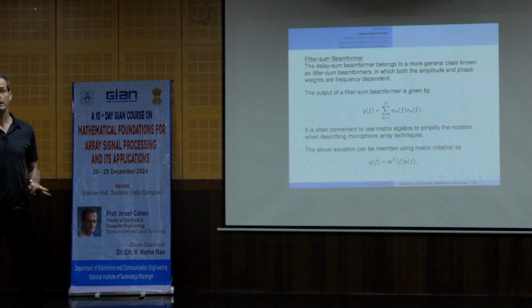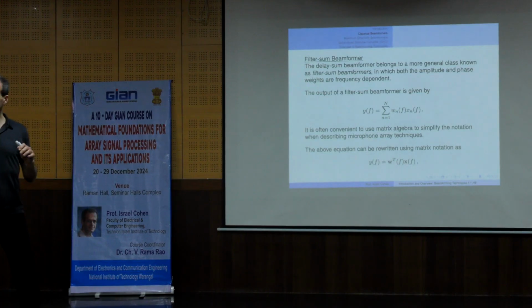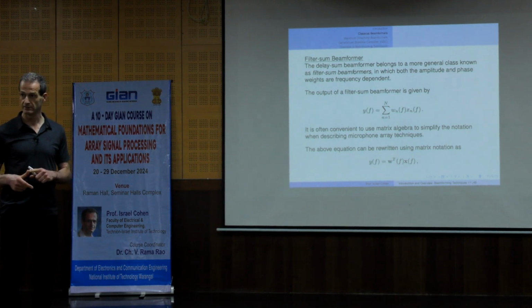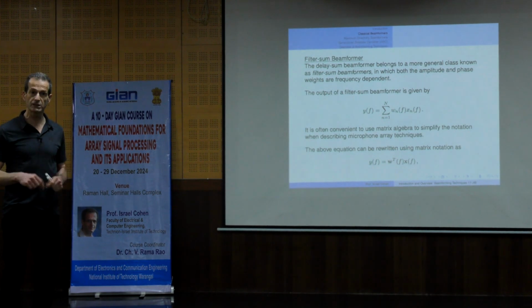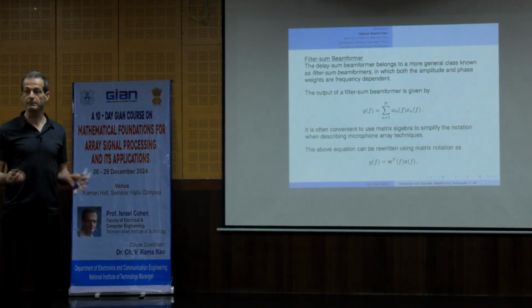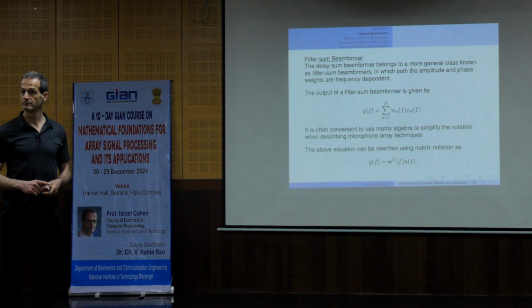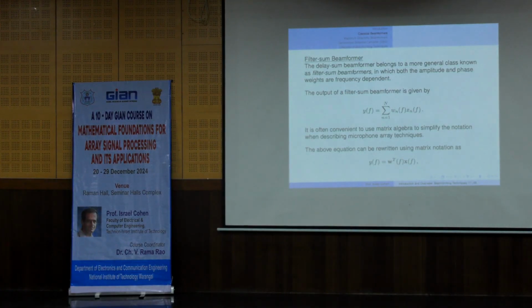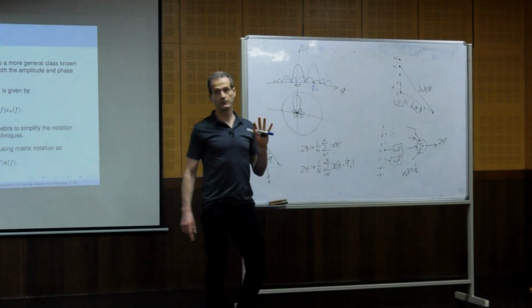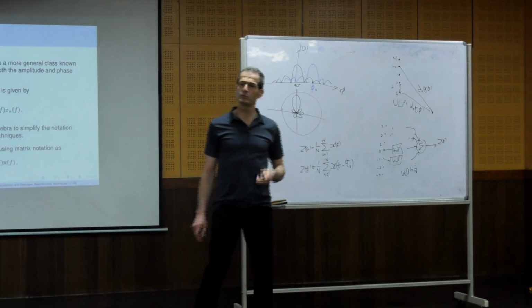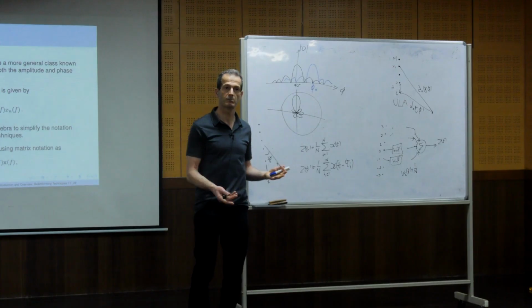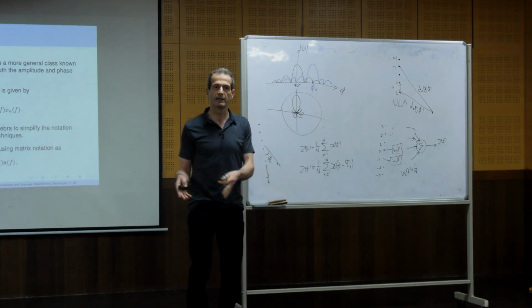Can we achieve any beam pattern? Okay, so suppose that we have a certain number of sensors, n sensors, and we put them in space, in a certain position. Can we achieve any beam pattern? Can we achieve any shape of the beam pattern? No, of course not. Okay? But maybe we can come closer as much as possible, because we limit the number of sensors, and we limit